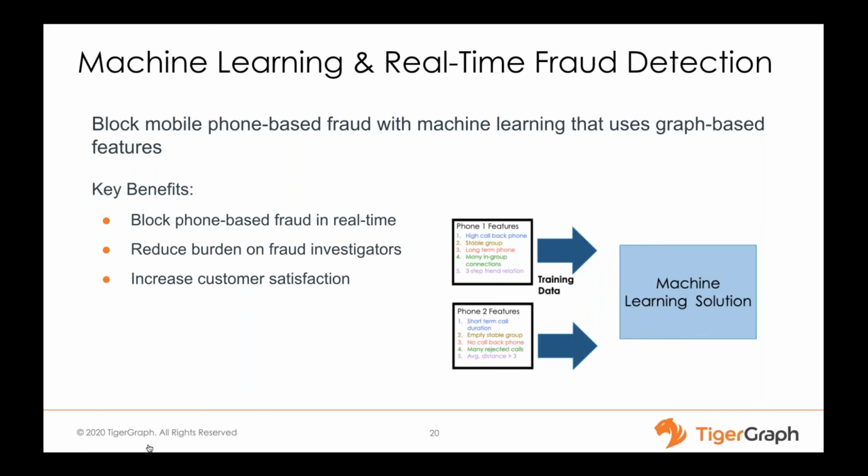So imagine that you're a mobile phone user. When your phone rings, you're given a reminder on your screen about whether this phone call is a fraud or scam phone call. So the benefits for our customers are multiple, including blocking phone-based fraud in real time on a large data set. TigerGraph not only serves for graph extraction, but also feeds features into the model, and also represents the real-time scoring with the trained machine learning model. We were able to save millions of dollars for a single province in a year, according to the police department estimation.